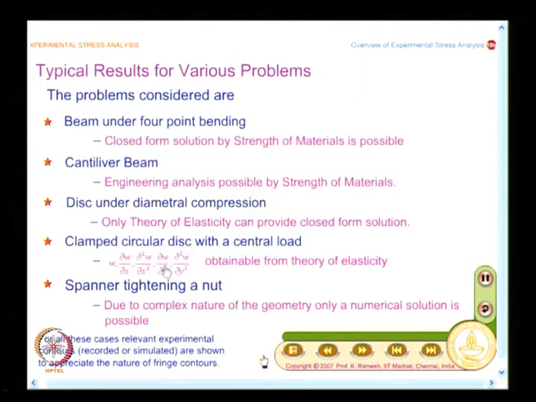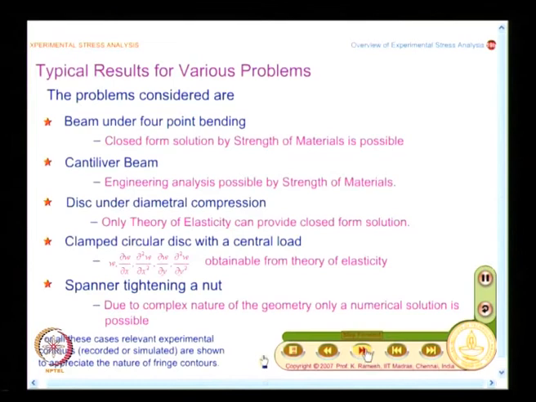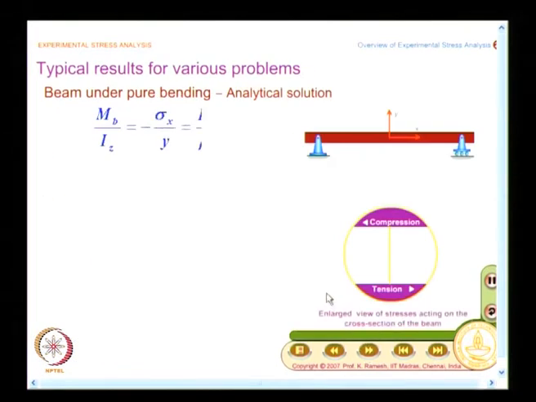And for the clamped circular disc, you could find out the displacement, slope and curvature from a study of theory of elasticity, theory of plates. And finally, spanner tightening a nut, we have seen earlier that it is a down to earth problem. Surprisingly, you can't solve it by analytical methods, you have to solve it either by numerical or by experimental methods alone. And now we take up the problem of beam under 4-point bending, and what you have here is, I